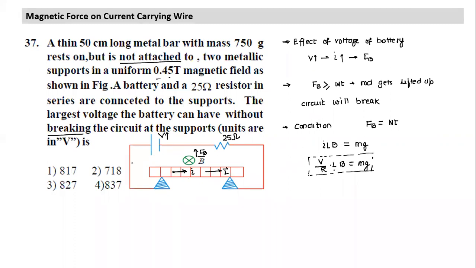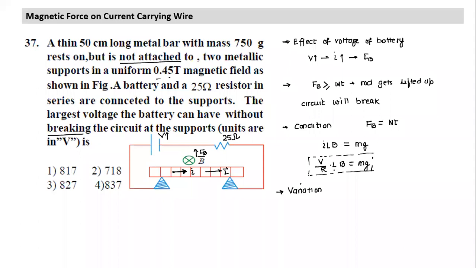So this will work as a circuit breaker. Whenever current exceeds a particular value, what will happen? The circuit will break. Now I give a second part of the question. What is the second part of the question? One more variation of the question. What is the variation we can have?